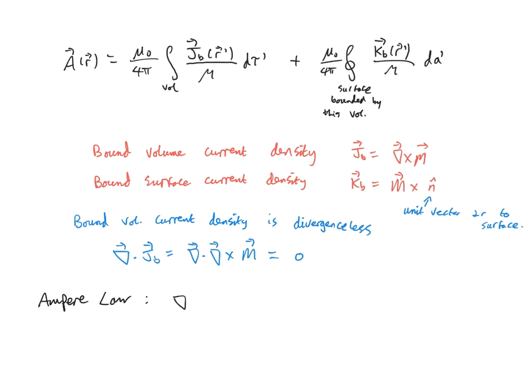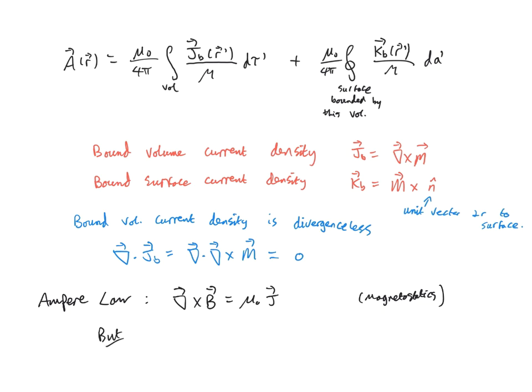This still holds. So Ampere's law in differential form tells us that the curl of the magnetic field is related simply to the current density. This is magnetostatics. In the dynamic case, there's an extra term, but we're just talking about time-independent phenomena here. So this still holds,